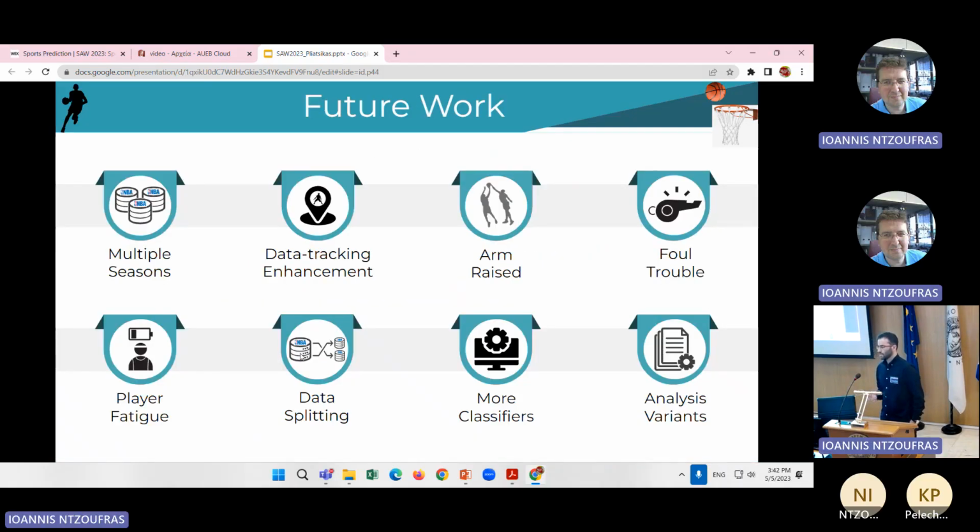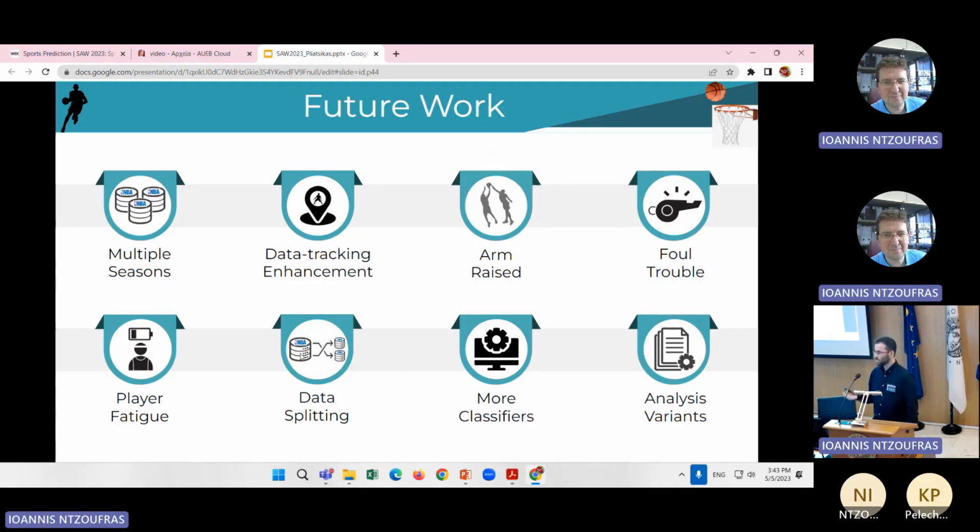So, where can we actually take this? From a data standpoint, we could analyze multiple NBA seasons or collect more tracking data to determine, for example, whether the shooter was guarded by multiple defenders, or whether the defender was in front, behind, left, or right from the shooter, or even the defensive switches during a possession.